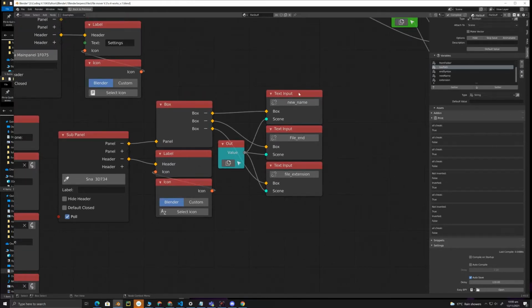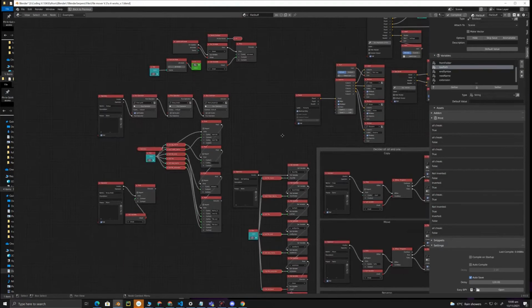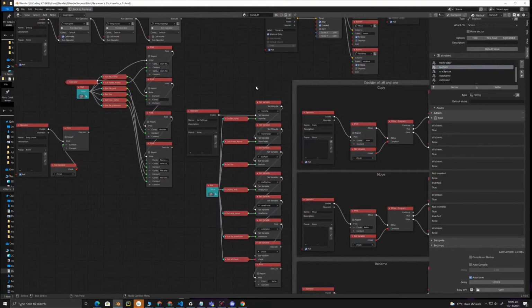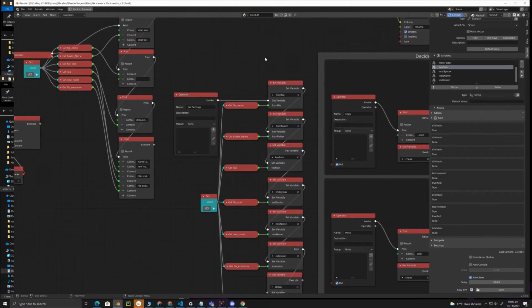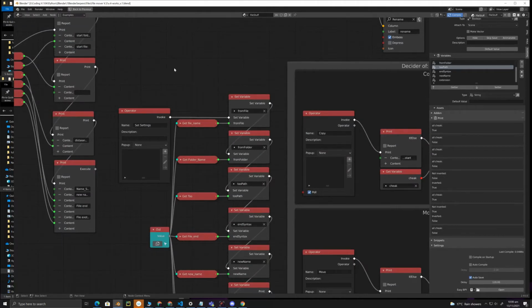This here, naming conventions, it's a box, and in the box is free text inputs, and it's in its own subpanel, so you can close it at your will if you don't like it. Although, I like it. Okay, on to the operators. Scripts take a long while to explain. So, for the operators, I'm using a set, but that's because this has failed me so many times, I can't be bothered doing an update, because it might fail me as well. Though, this would probably work. If you can update this to an update,